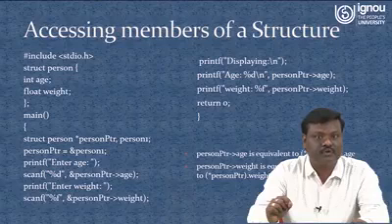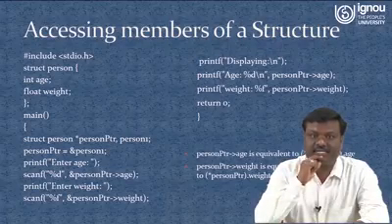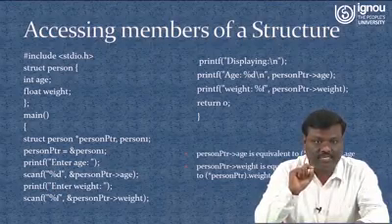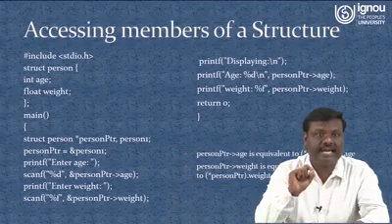Ampersand person pointer then age. Here you can see the operator that we are using. Here we are not using the dot operator, however we are using an arrow operator. So in this way,